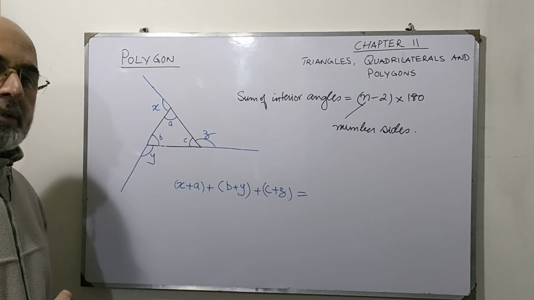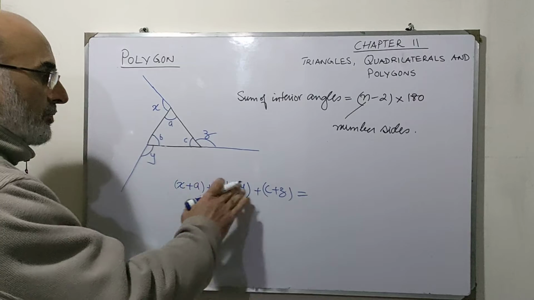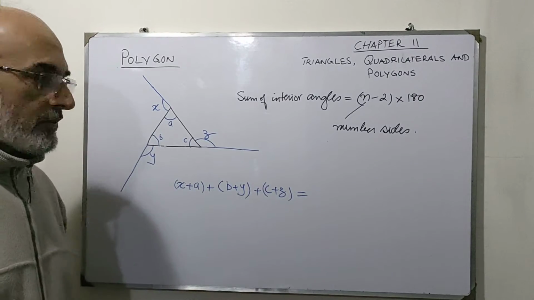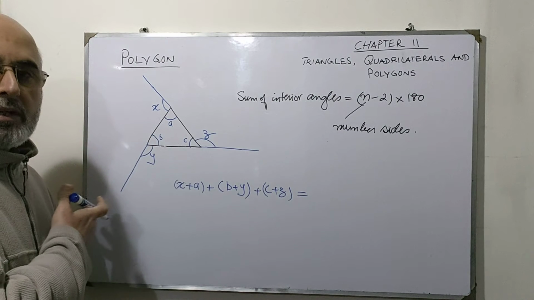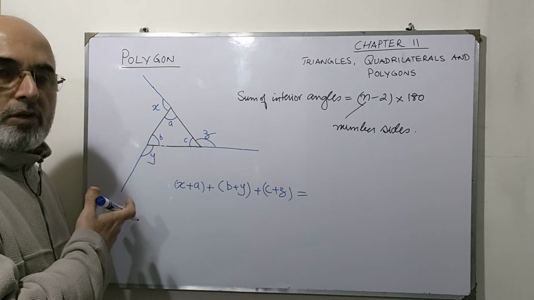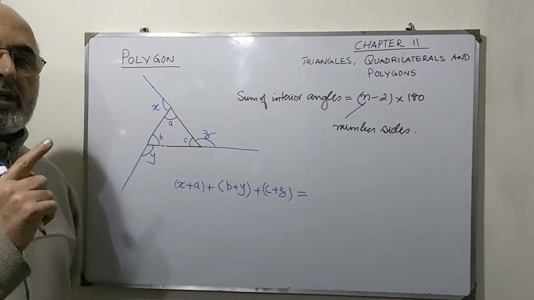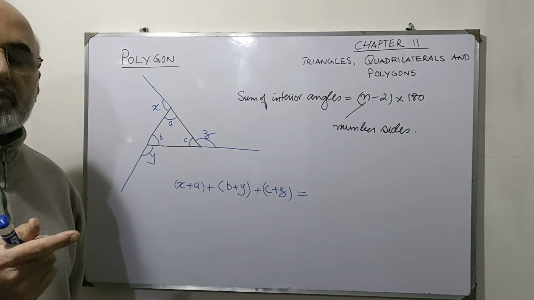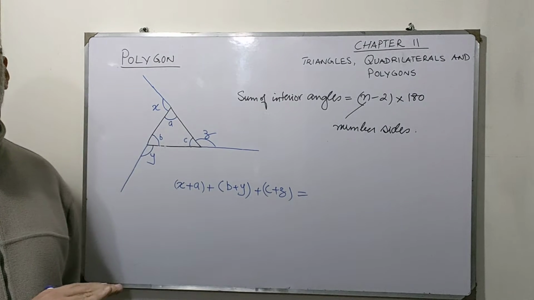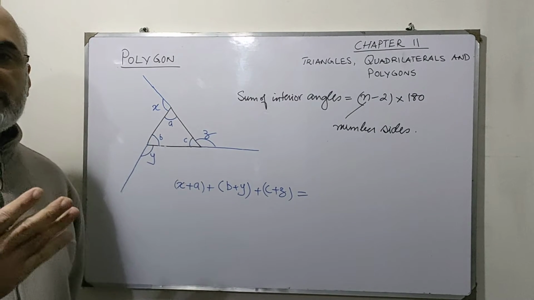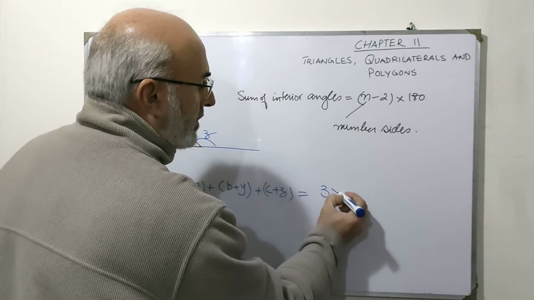And how many pairs have I used? I have used 3 pairs, right? Why 3 pairs? Because we have 3 sides. There are 3 sides of a polygon, okay? And on each straight line, the sum of adjacent angles is 180, right? So I have used 3 straight lines into 180,